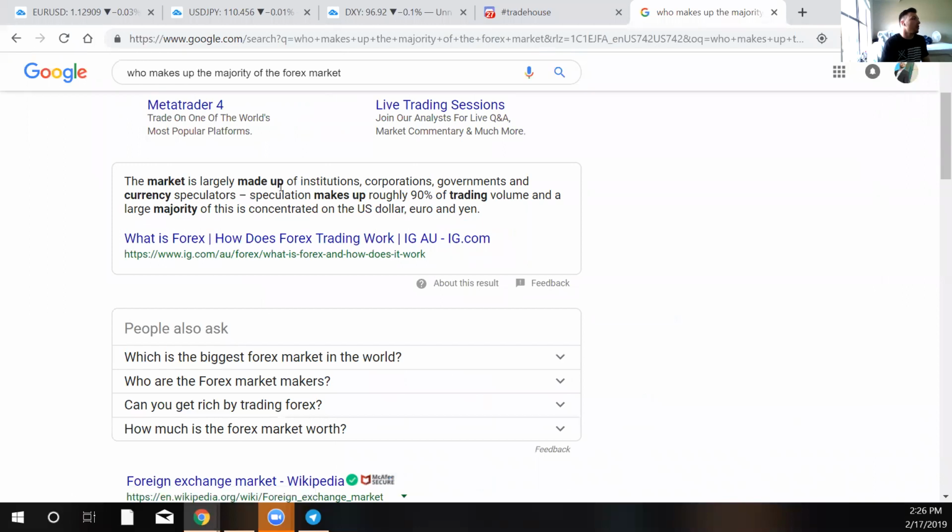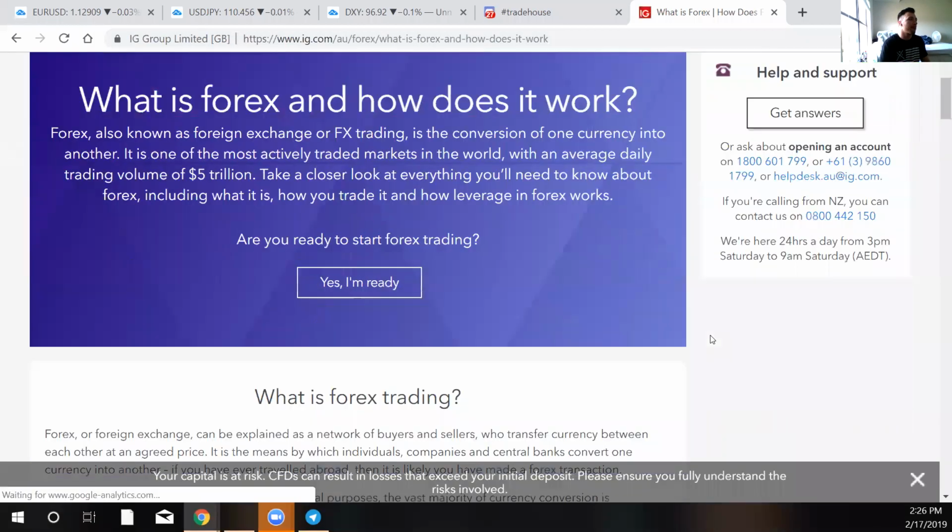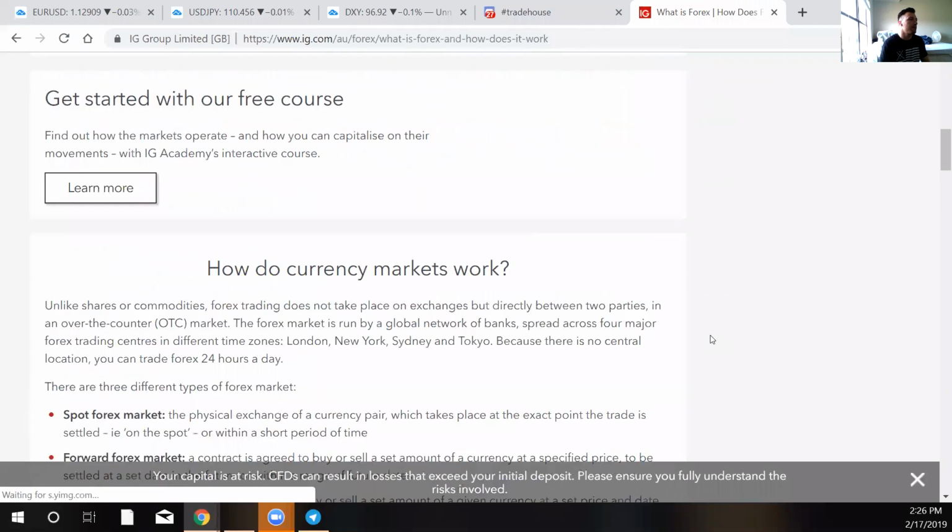The market is largely made up of institutions, corporations, governments, and currency speculators. Okay, so what does that mean? Well, let's go on in here. For those of you that are kind of new to trading,